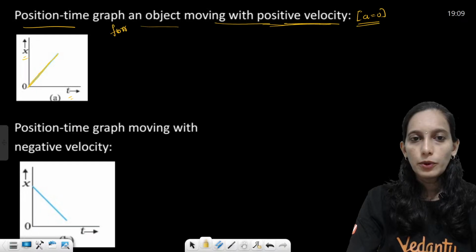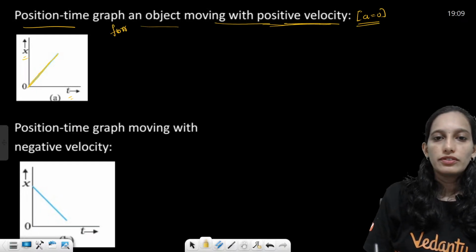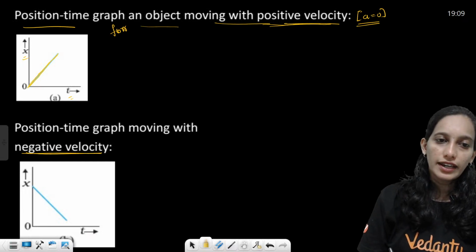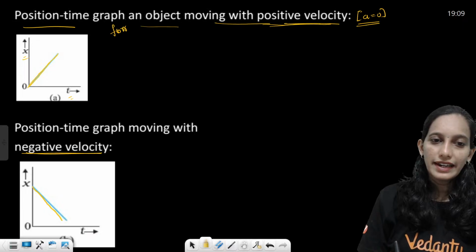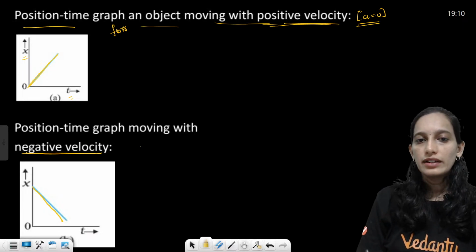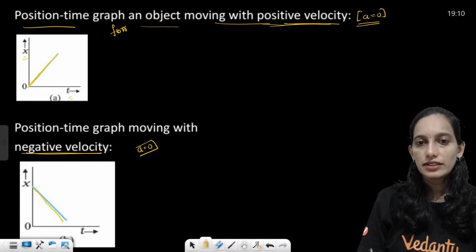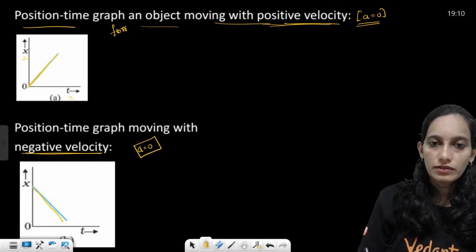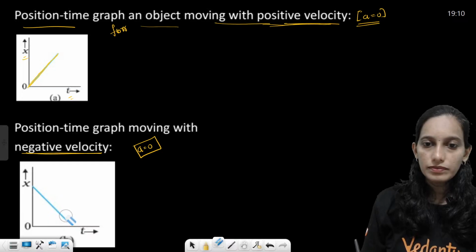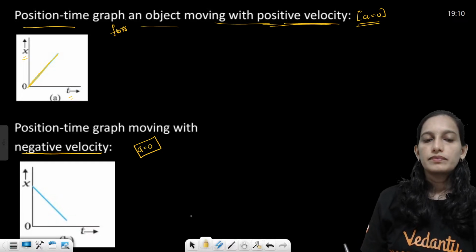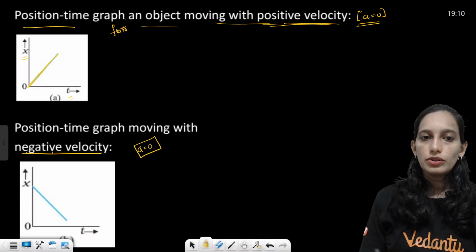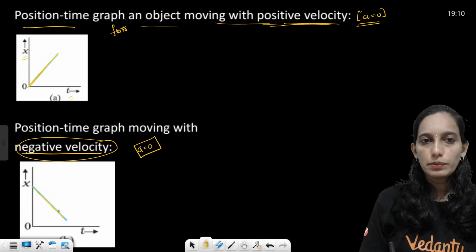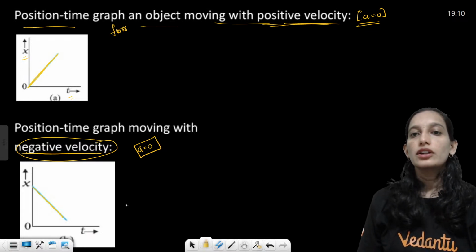So next is the position time graph for an object moving with negative velocity. If velocity is negative, then the position time graph is going to have a negative, constant slope. Again, in this case we are considering acceleration 0. So these are all position time graphs. Is that clear? It has some constant negative velocity, so that's why we have a negative slope here. This is a positive slope. So you should be very clear.